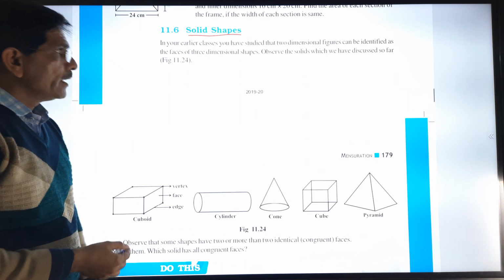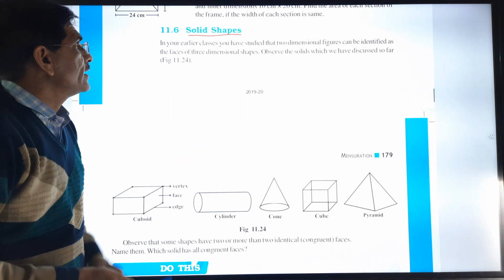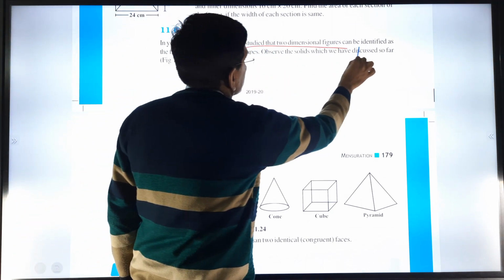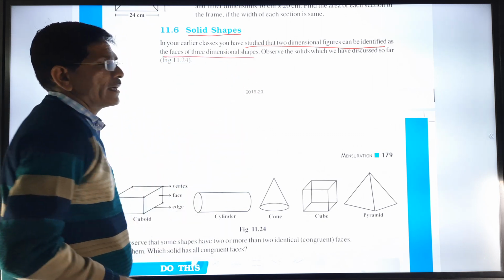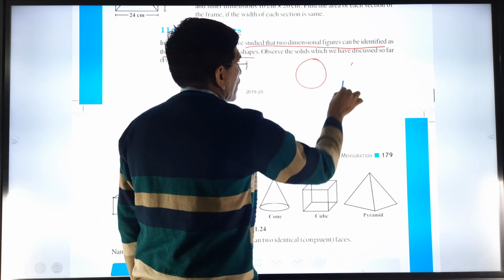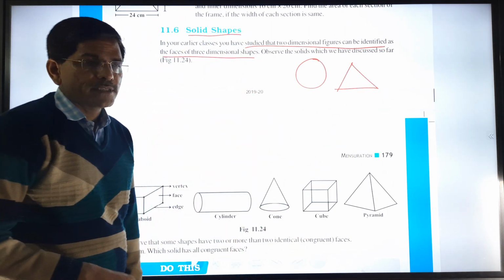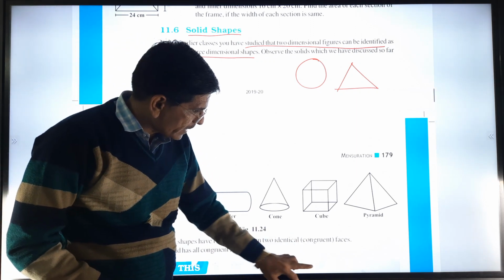Solid shape, as we have already discussed in class, is 3-dimensional. Earlier in the new class, I studied about 2-dimensional shapes. Now we want to discuss 3-dimensional shapes. In 2-dimension we know circle, triangle, rectangle, square, trapezium, everything is there. But now for 3-dimension,